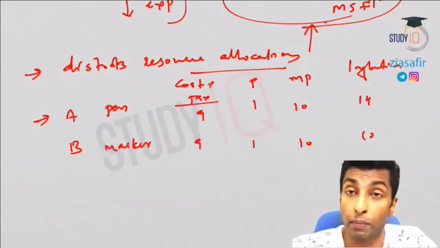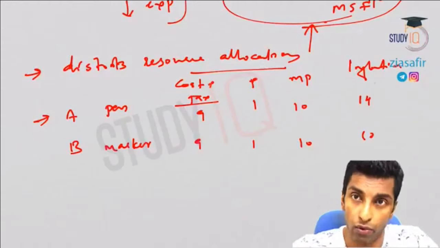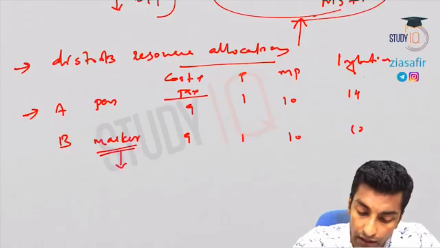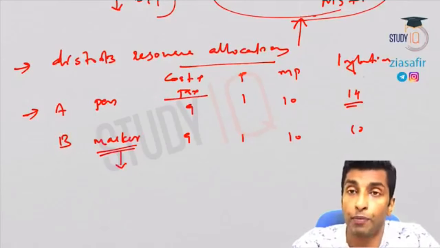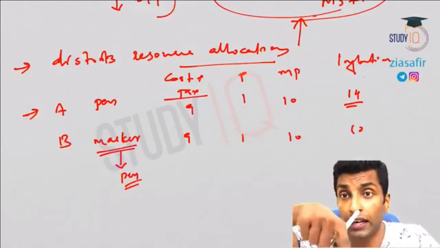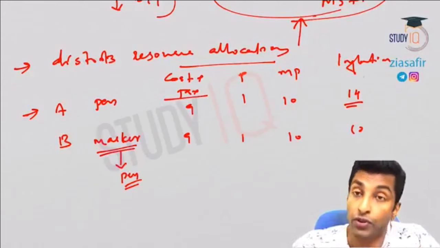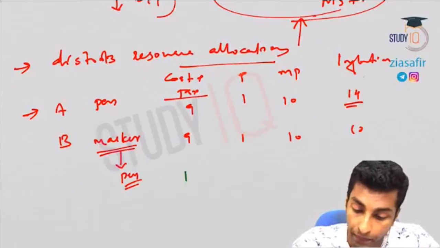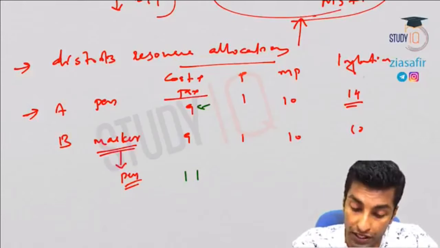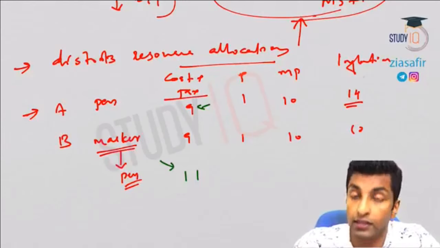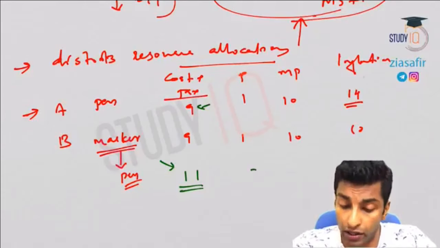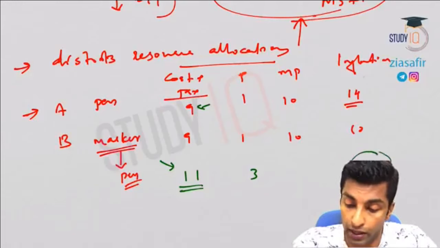The company producing the pen is going to gain more, and he is the efficient producer of the pen. So after seeing this high profit, this person will try to produce pen. He will also shift to pen, but he may not be as efficient as the first company. So the cost price of this person may be 11. See, here it is 9 because it's most efficient, having better technologies. This person is entering this market, seeing this profit margin. So cost price is high, he doesn't have better technology, but he may get a profit of 3 rupee here, because 14 is the